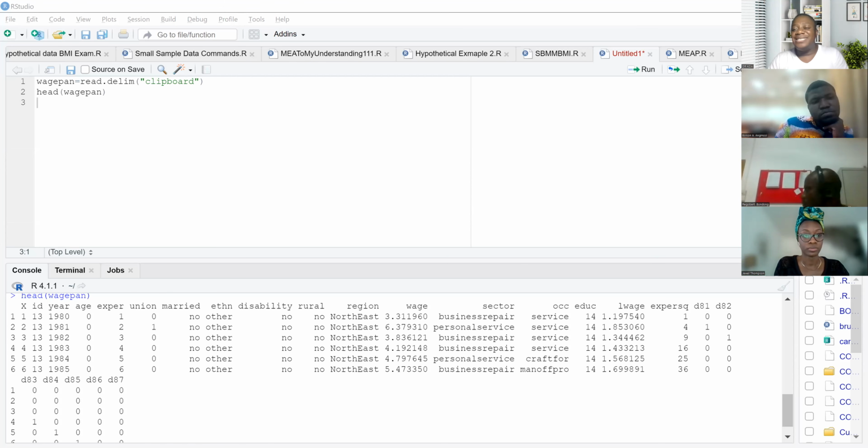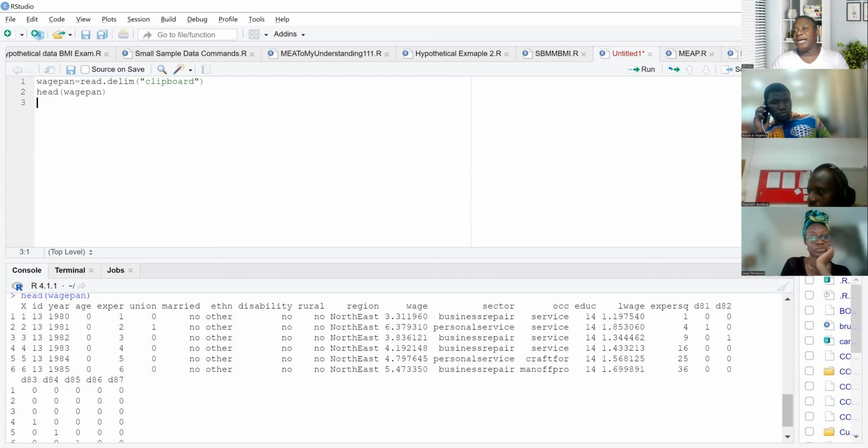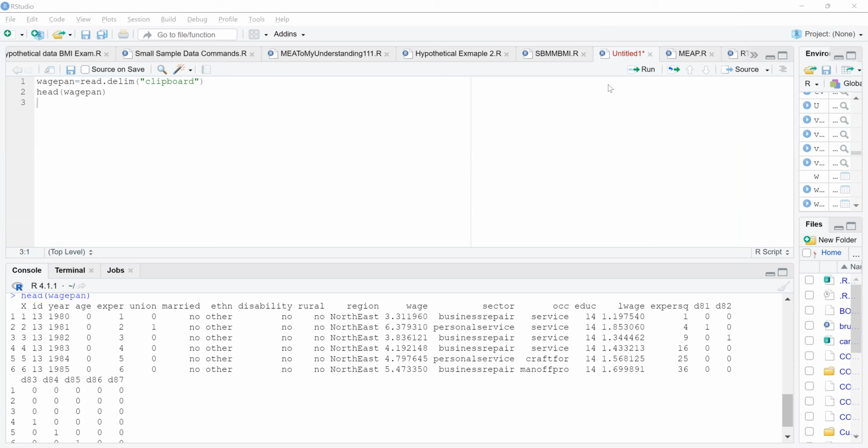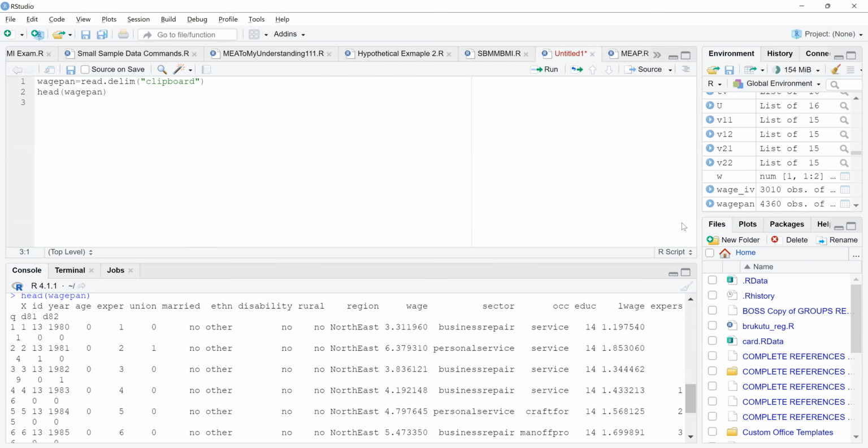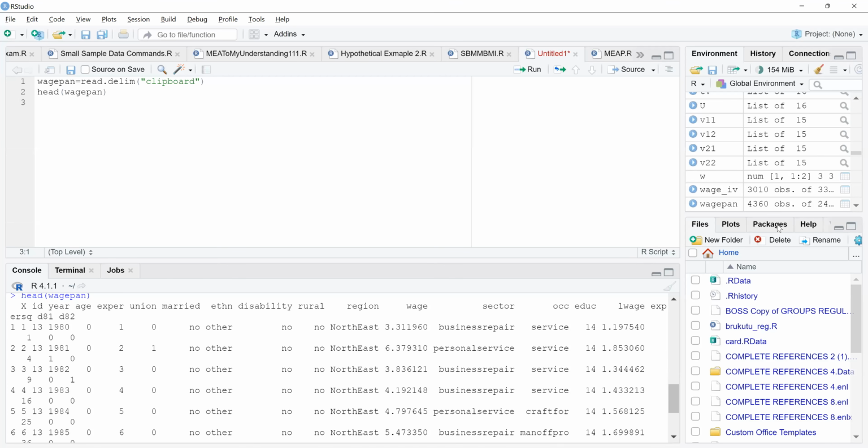Next, there is a package that we use for panel data. The package is known as PLM. You need to install that package, the PLM package. So what I'm going to do is I'm going to go to packages. Let me just expose myself a little bit to the information. Okay, so under packages here,